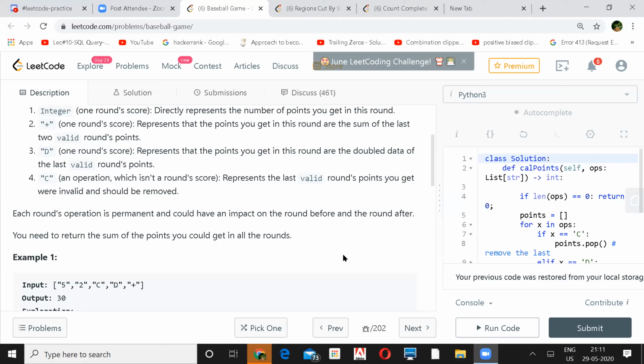So I just maintained a list and stored the values every time, and whenever we find a sum operation we get the last element from it: the list at size minus 1 and size minus 2. So we can get the sum of the last 2 valid points.